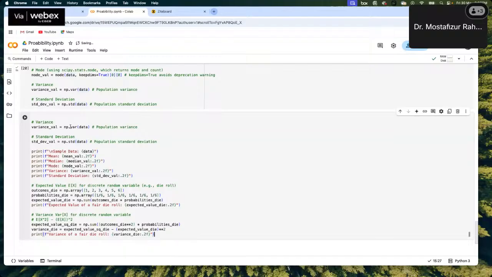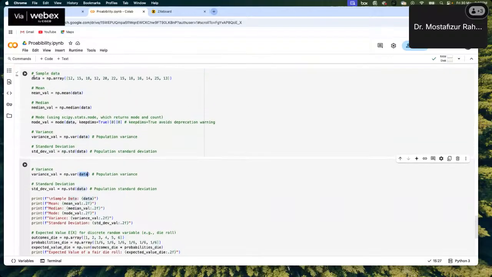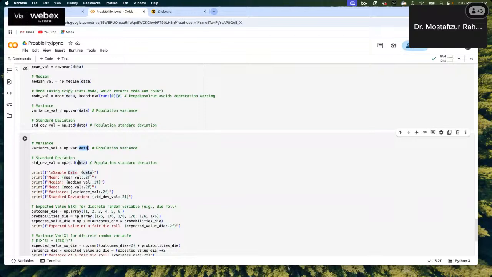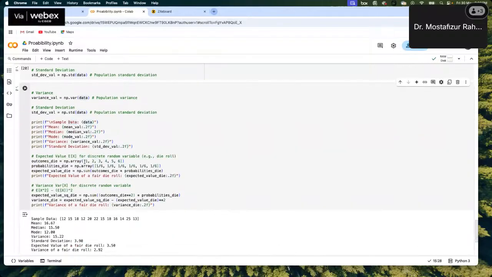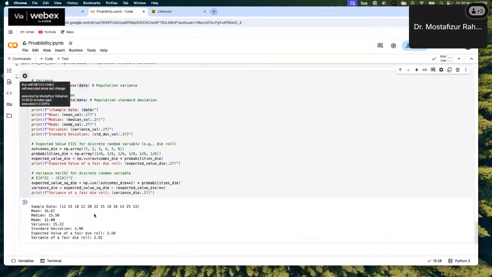To calculate the variance, np.var is the command. np.var is the function name, and we are passing the data as the argument of the function, right? Similarly, standard deviation is np.std, and you can now print all the data: their mean value, median value, mode, variance, standard deviation, and all. So let's check. We have taken the sample data, like 12, 15, and so on, from these random numbers. We calculated the mean is 16.67, median is 15.50, mode is 12, and